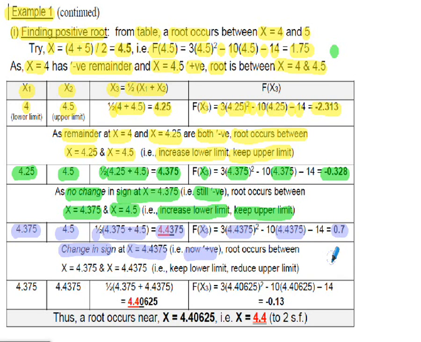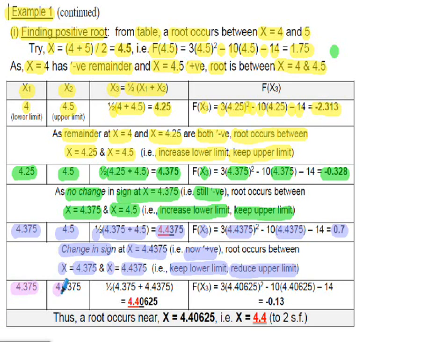So we know from our previous work that the remainder for 4.375 was a negative value, but the remainder for 4.4375 is positive. Then our interval we now need to review is x is equal to 4.375 and x is equal to 4.4375. So now we're keeping the lower limit, but we're going to reduce the upper limit for the next iteration. So now for our fourth iteration, we've got the interval range of